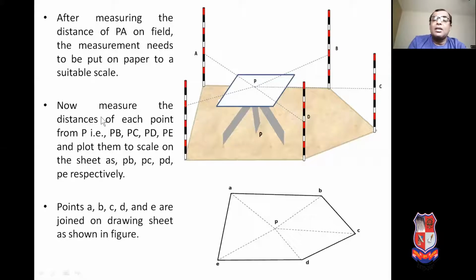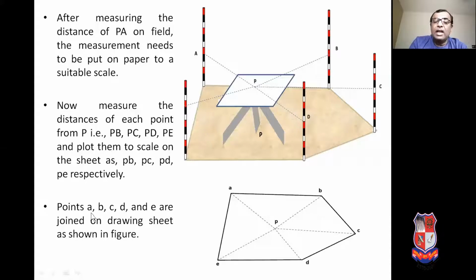Now measure the distance of each station from P, that is PB, PC, PD and PE, and plot them to a suitable scale on the drawing sheet as small pb, small pc, small pd and small pe.